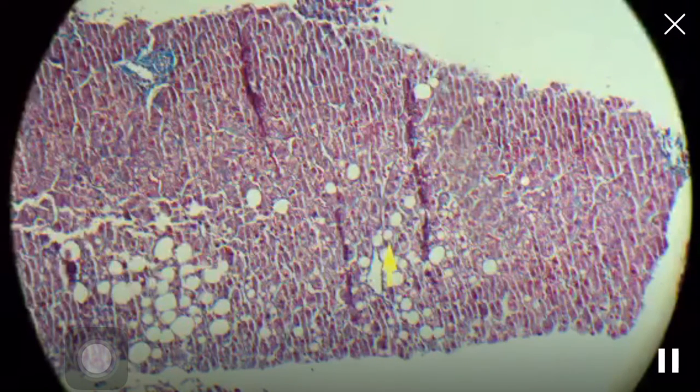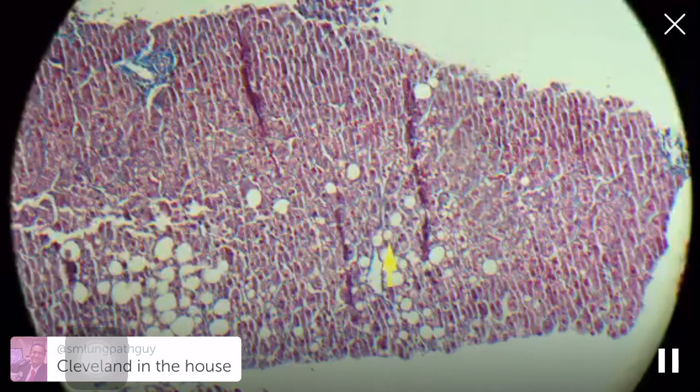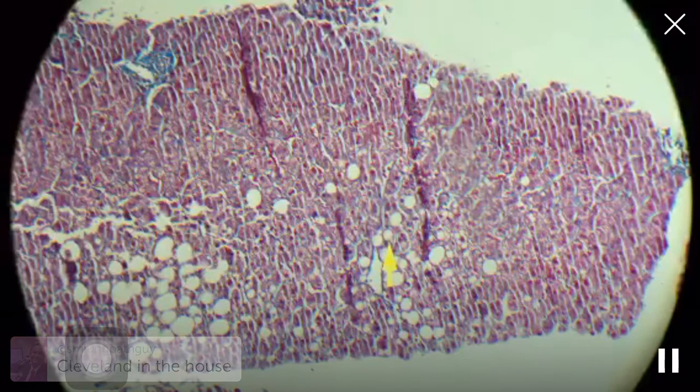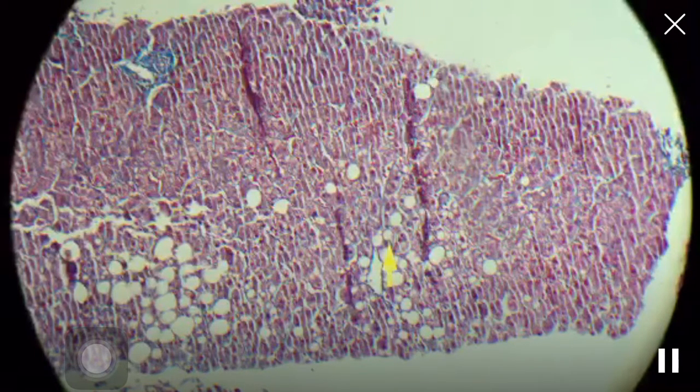But remember, while some things will tilt you towards alcohol, very prominent neutrophilic infiltrates, the kind you see sweeping through at low power, really prominent ballooning with really coarse, thick Mallory bodies, not those stringy little granular ones I showed you here, but really coarse, thick ones like chewed up bubble gum,